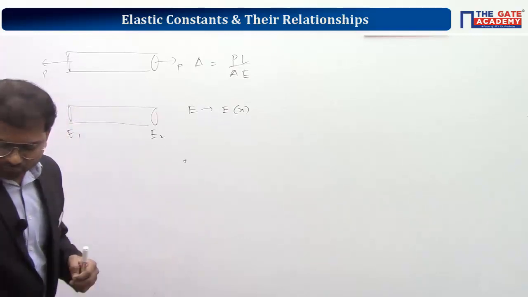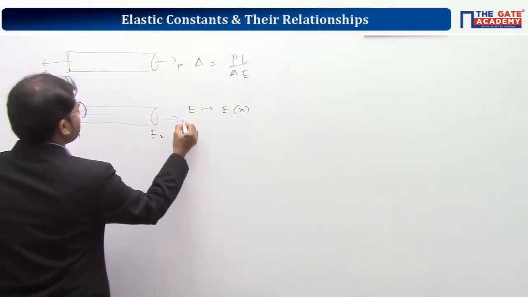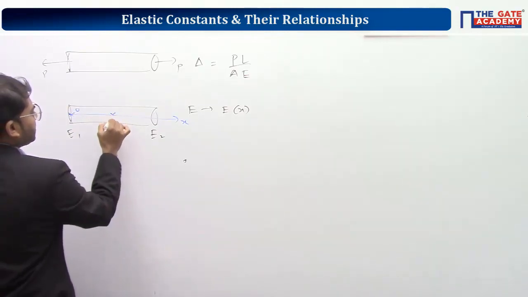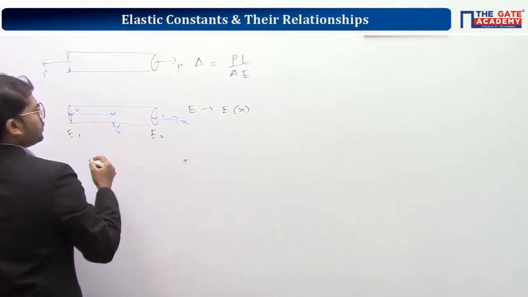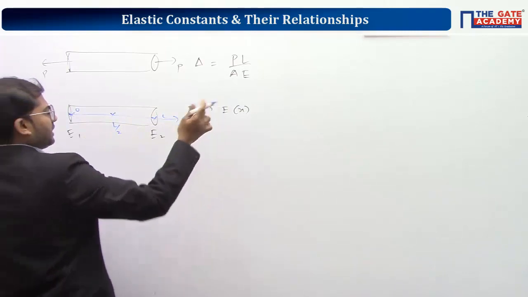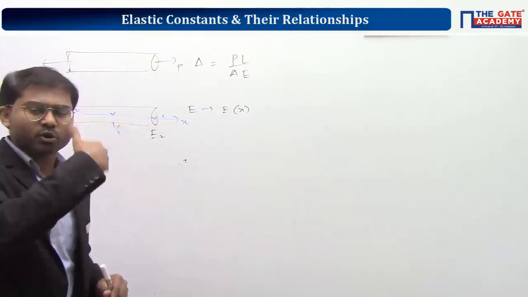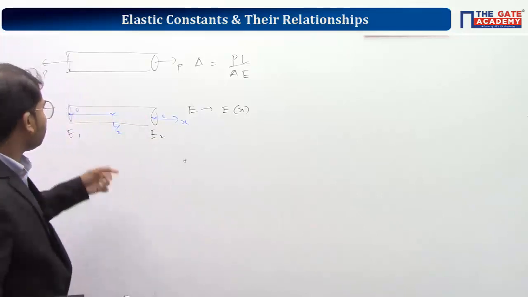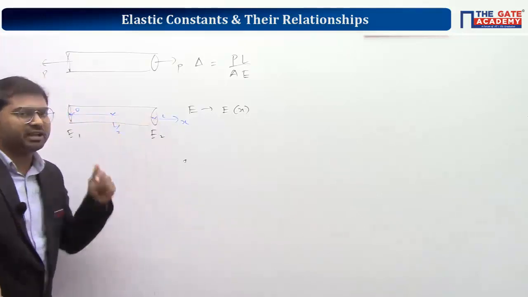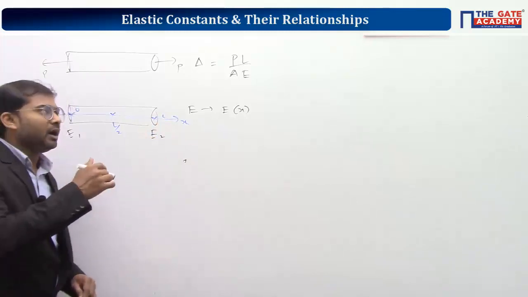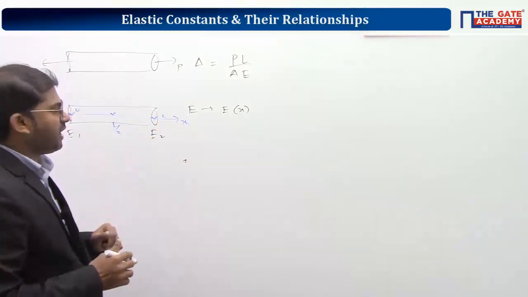That means if you are having it like this, so this is the x-axis, this is 0, understand? So this is L by 2, this is L. So at x equal to different values, you're having different values of Young's modulus, let's assume. Okay, so let's assume the question is given in that way. In this case, they simply said the value of Young's modulus is going on varying in a linear way. So you can derive the value of E of x. So let's see, after knowing E of x, how to get the value of elongation.